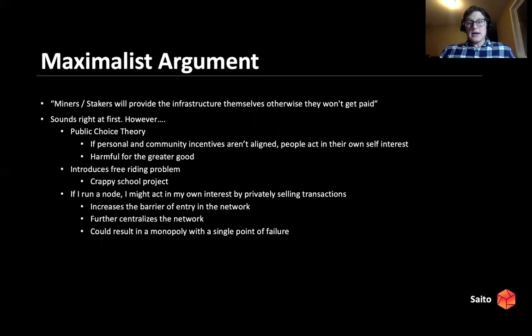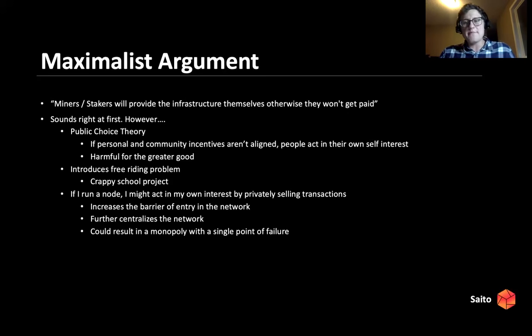Also, in a similar sense, since transactions have value, some people have realized that despite the fact that they should be shared in an open sense, these transactions are valuable, and they use that to their own advantage. They could selectively route transactions to particular miners who maybe pay them on the side or provide them with some other benefit. They might share their transactions with that miner, but not any of the other miners, just because they're incentivized to do so.